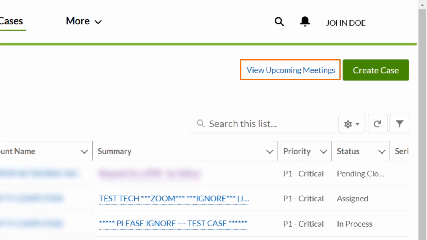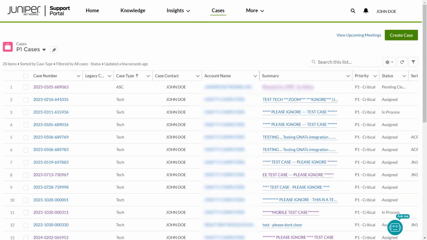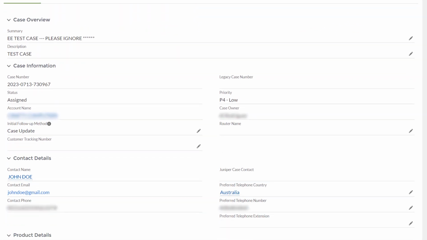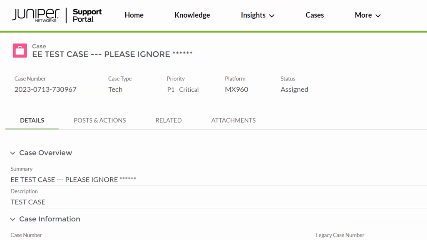The View Upcoming Meetings option is a dynamic feature that details upcoming meetings. For more information on this Meetings feature, refer to the Meeting Support video. This is what an open case record looks like. This section displays a quick summary of a case, such as the case number, case type, priority, platform, and case